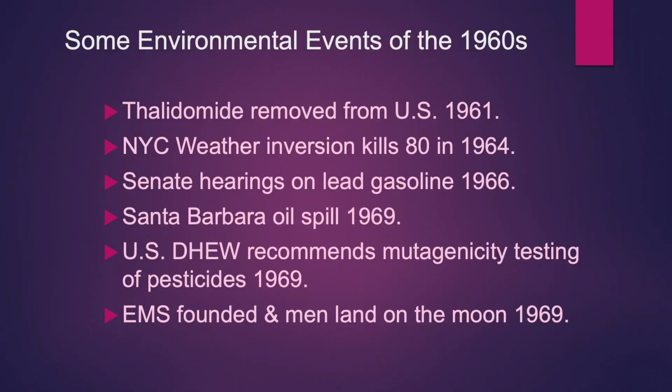So there was a huge amount of social movement about environmental pollution going on at the same time that the science was emerging. I just want to reiterate some of the key events that happened during that decade. So thalidomide was finally removed from the US drug market in 1961. Of course, this was a terrible teratogen, but more importantly, it raised the issue to the American public that, you know what? Maybe our drug supply isn't safe. Maybe our drugs aren't being tested adequately. And indeed, of course, they weren't.